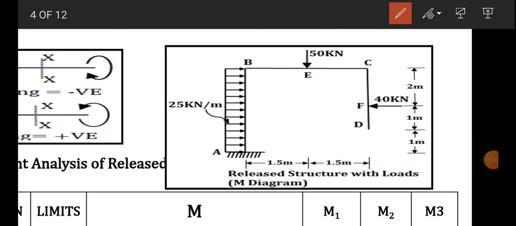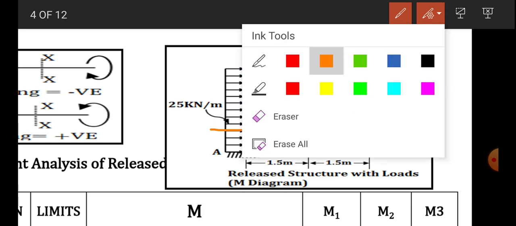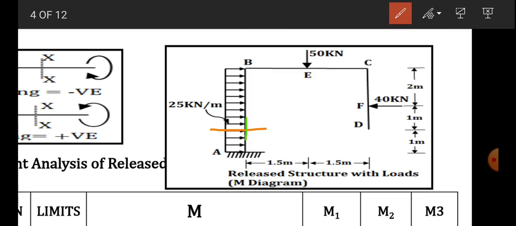Let's draw the imaginary axes in the BA zone, horizontal and vertical. These imaginary axes we have to draw at a distance of x from the origin. The origin is B for the BA zone. After this first step, now look toward the origin side.